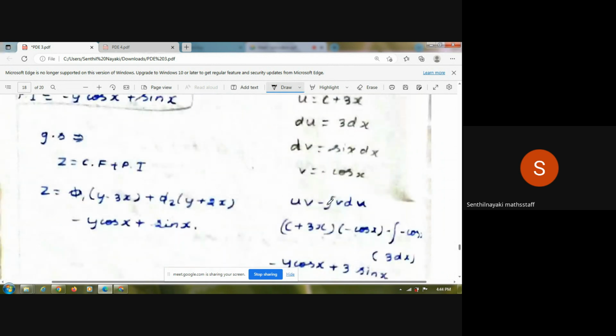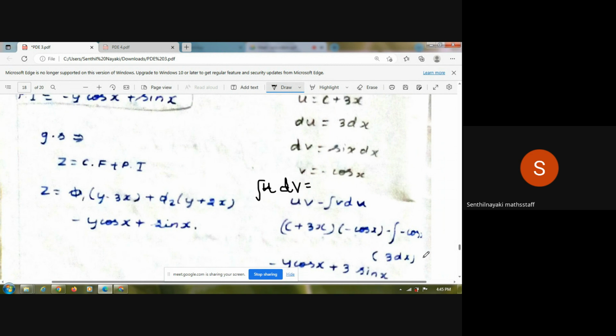Then uv minus integral v du equals the integration of u dv. So substitute all these terms in this formula. So u is c plus 3x, v is minus cos x, minus integral v is minus cos x,